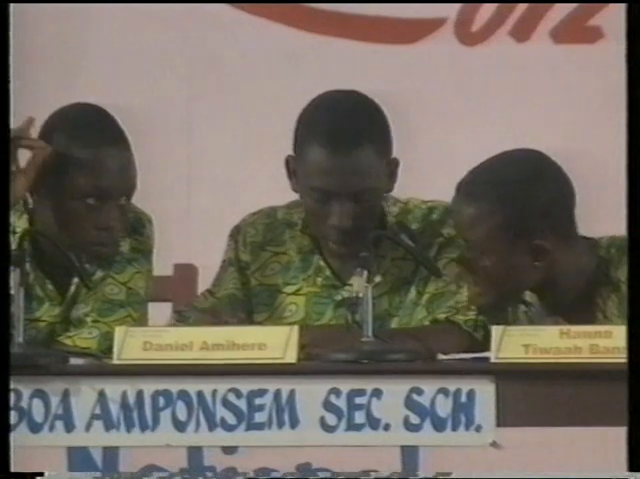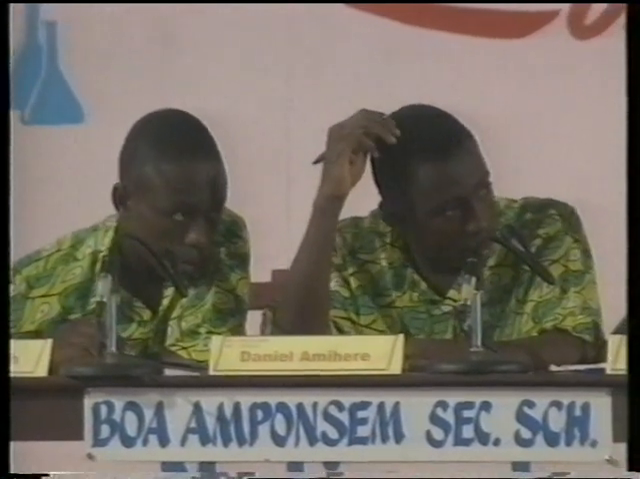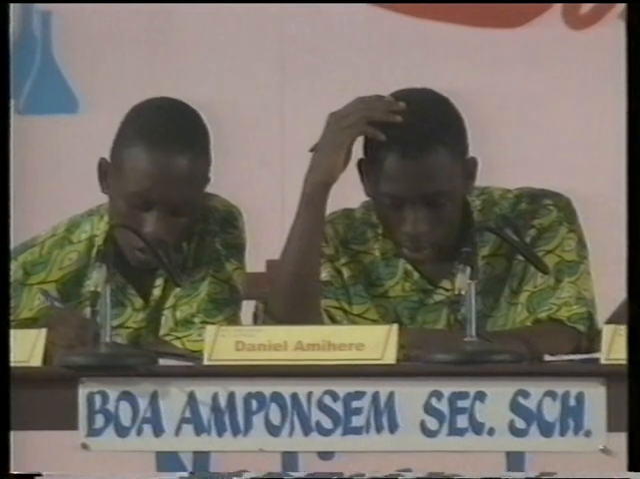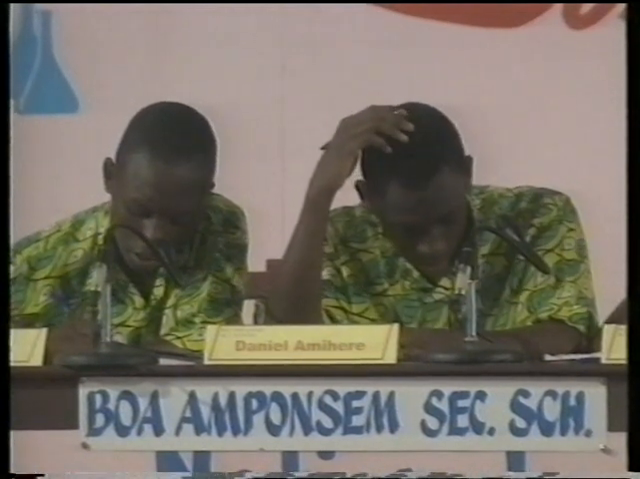Your question, Amponsem Secondary. Name the monomer of the polymer PVC, that is polyvinyl chloride. Samuel. Phenylchlorine. No, not that. Daniel. Ethene. Not ethene, try harder. So Mfantsipim for a bonus, okay. Vinyl chloride. Not vinyl chloride, because it's a polyvinyl chloride, the monomer should be vinyl chloride. And the answer is